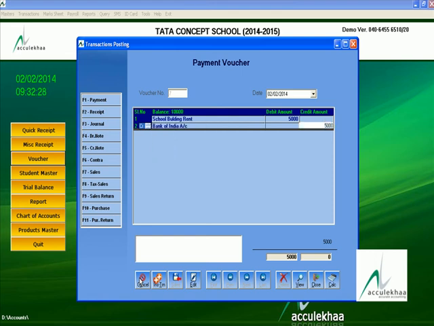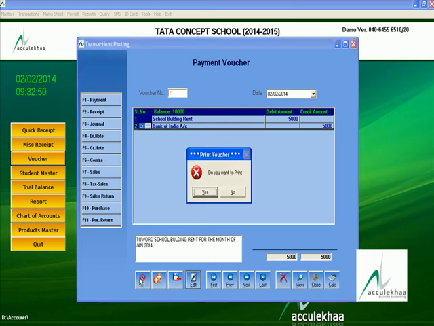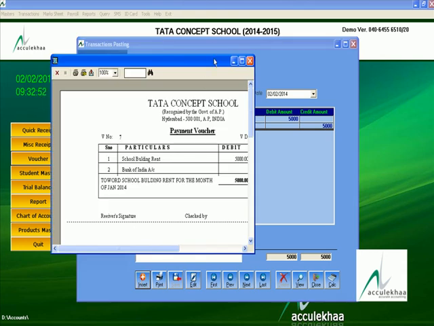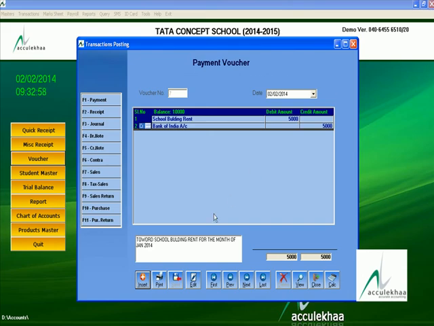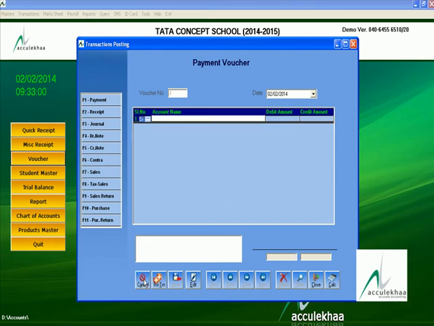The balance is 10,000 rupees. Of that, 5,000 I am making toward school building rent for the month of Jan 2014. Take a printout. Insert. Any other payment through bank,